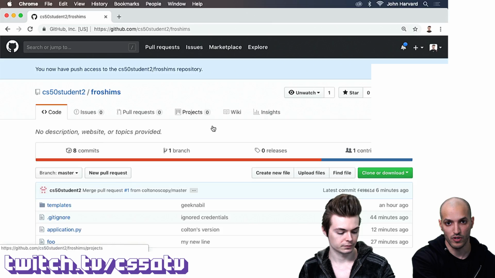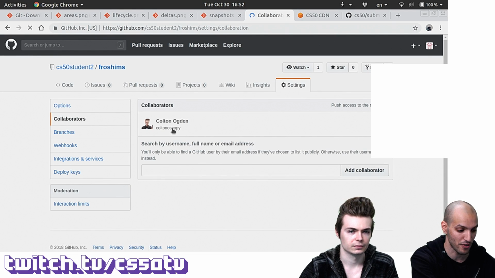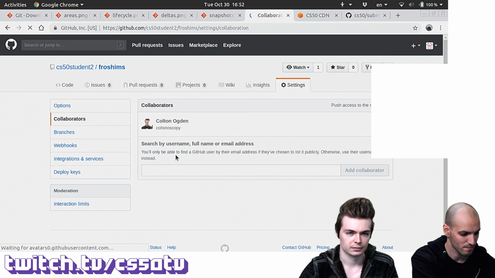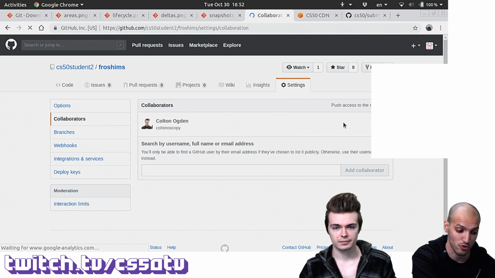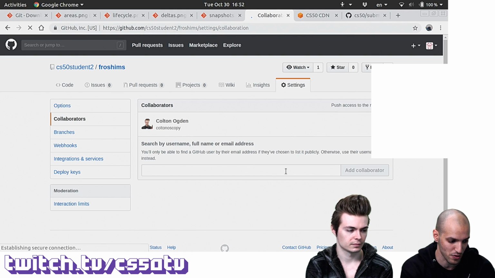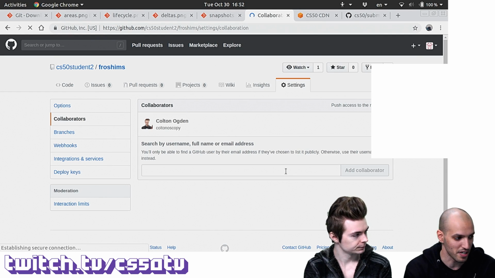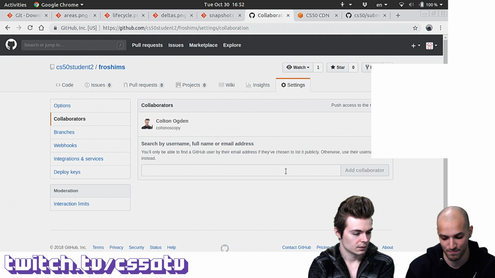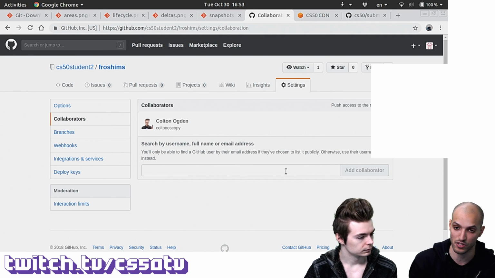So now, if you go back to my screen, if I reload the page, now I see that Colton's a collaborator here. Now he actually has push access to my repository. I remember there was once a menu that allows you to give read-only access to the repository. Yeah. I don't see it here, but it might be present in other contexts. Usually there is a menu that lets you give people even read-only access to this repository.